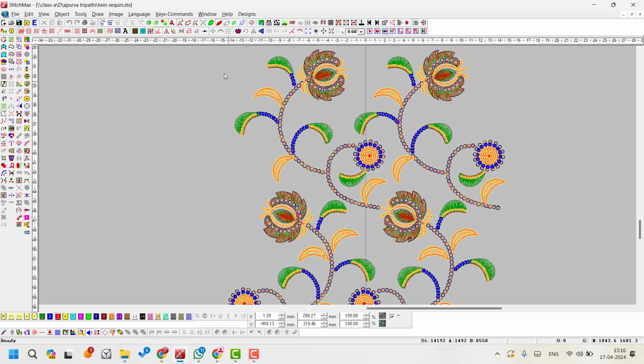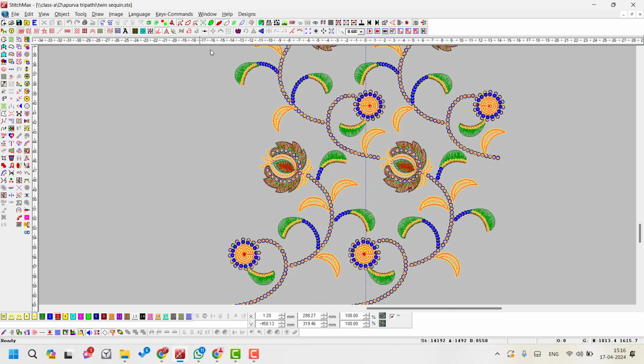Then you can see that there are many advanced features inside the Stitch Max software. There are many tools that you can use to bring creativity and make your design faster and easier in the software. If you need images of this type, then there are many options to set the image. You can insert images and set images in advanced ways. Stitch Max is a game changer in the world of embroidery.